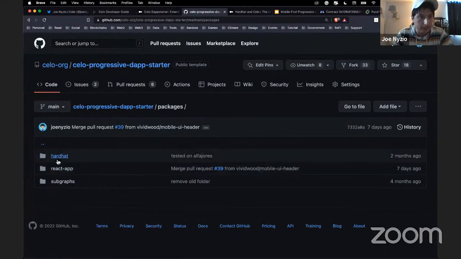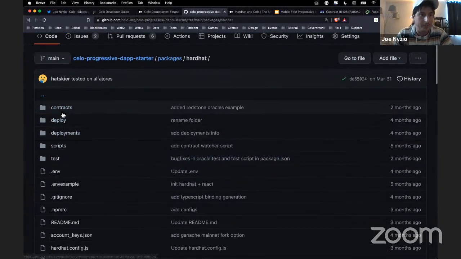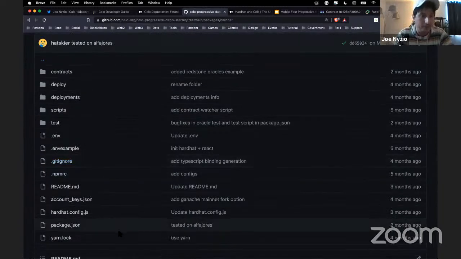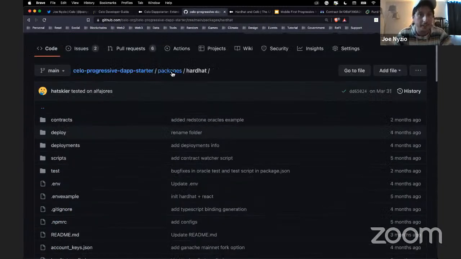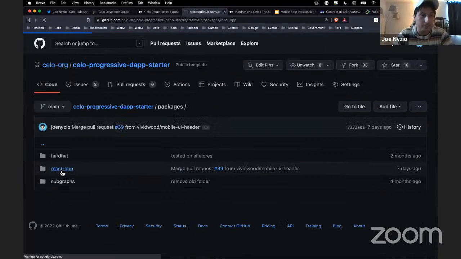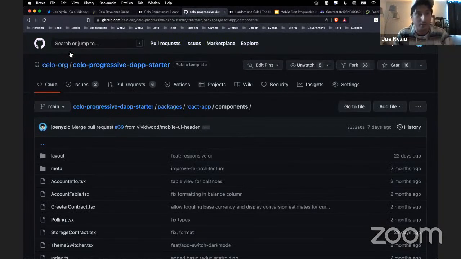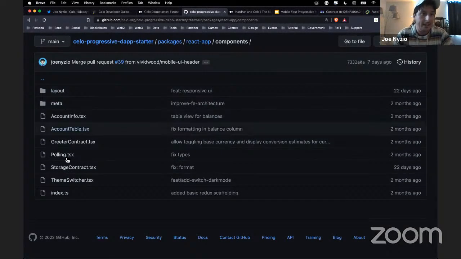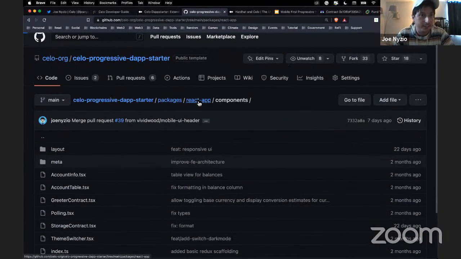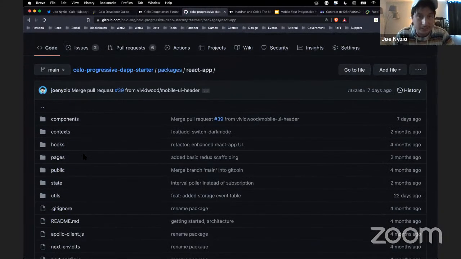Last little, just look at the code. It is done with Hardhat, so you'll see similar things: your contracts, your deployments, a couple other things, your .gitignore file, your configuration. And then on the front end, this is getting you started with React, which is using a progressive web app so that you can use it on mobile phones easily, and a bunch of components to get you started. And I'll stop there.